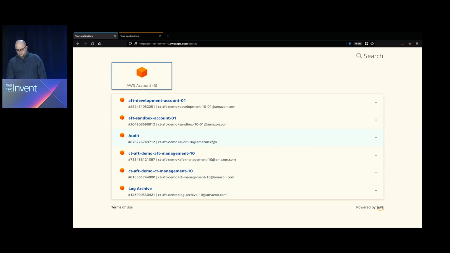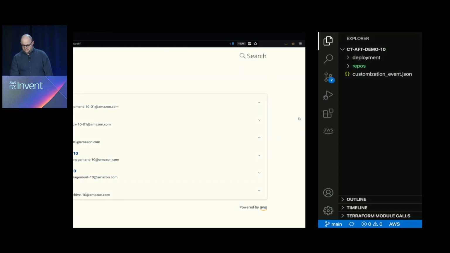We have gone ahead and provisioned the AFT, the Account Factory for Terraform management account, and we have leveraged the AFT solution to create 2 accounts, a development account and a sandbox account. So that's where we're at, and first thing I'm going to do is show you how we got here. How did we go and deploy the AFT solution?